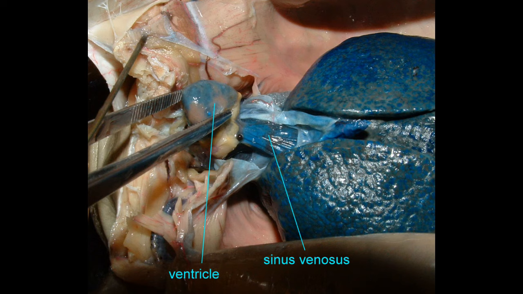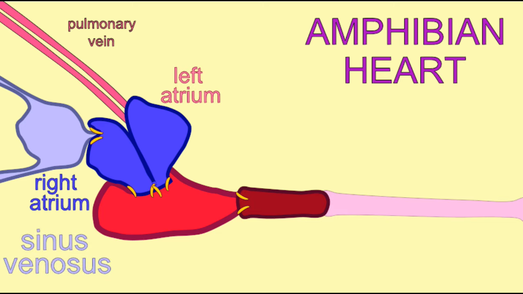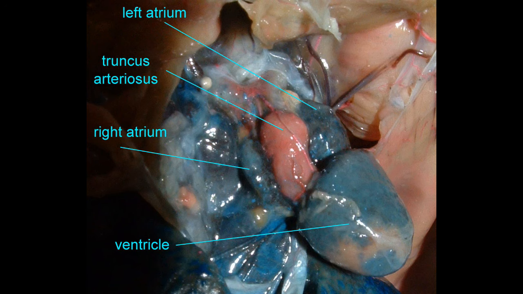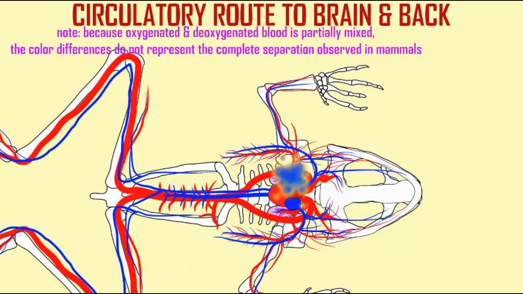When a frog sends blood from its sinus venosus to the brain and back, it could travel this route. From the sinus venosus, this deoxygenated blood could then travel to the right atrium, to the single ventricle, to the conus arteriosus, into the pulmocutaneous artery, and from there into the pulmonary branch of the pulmocutaneous artery, to the pulmonary capillaries where gas exchange